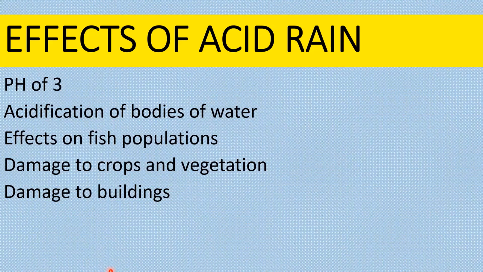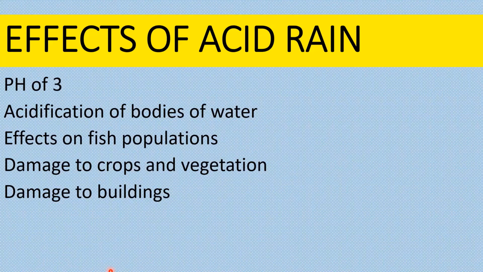The next is the effect on fish. Aluminium is toxic to fish as it makes them unable to take in sufficient oxygen, causing death. They also stop reproducing. Concentrations of aluminium cause fish to suffocate. Normally, the pH of ponds and rivers is about 7, but when it falls below 5, fish die. There are no fish left if the pH falls to 4.5.